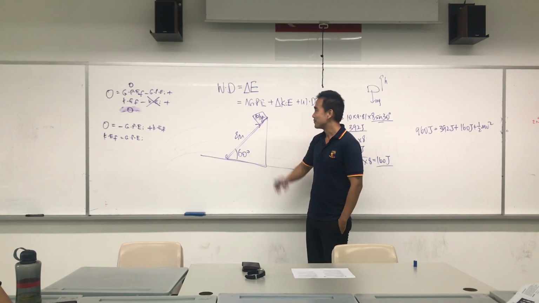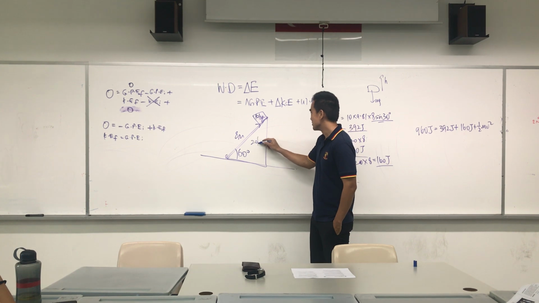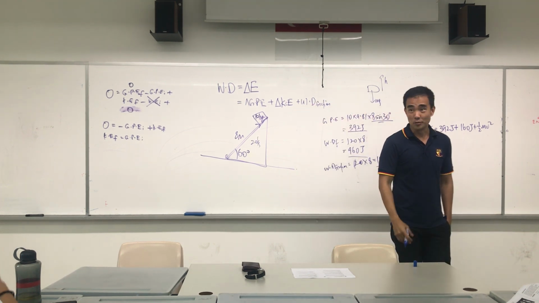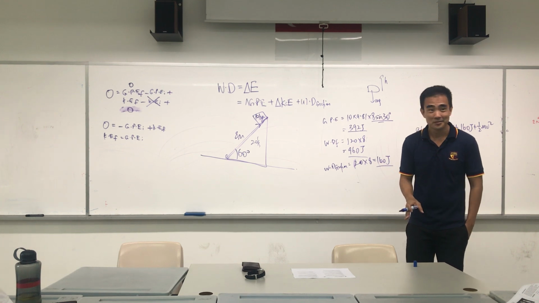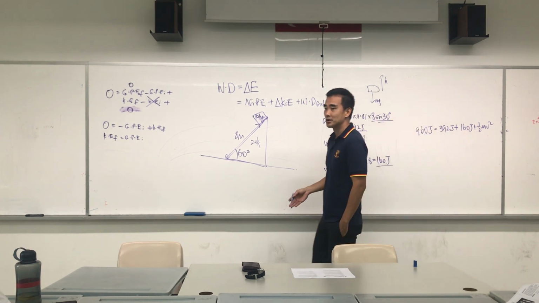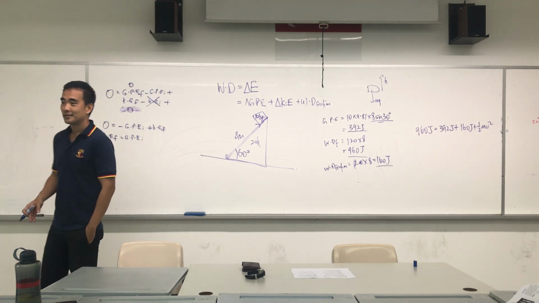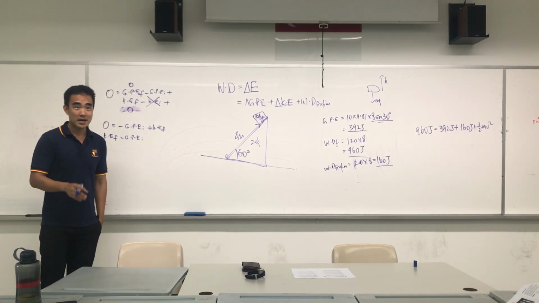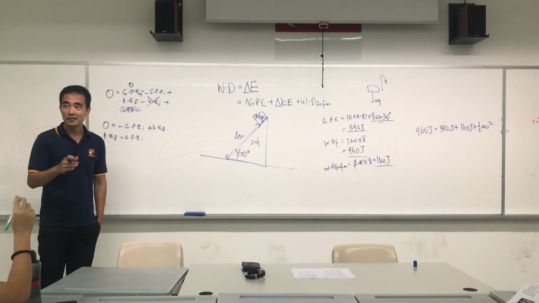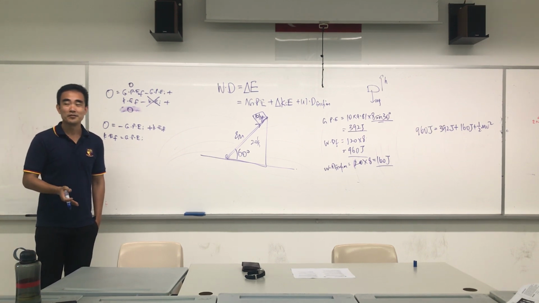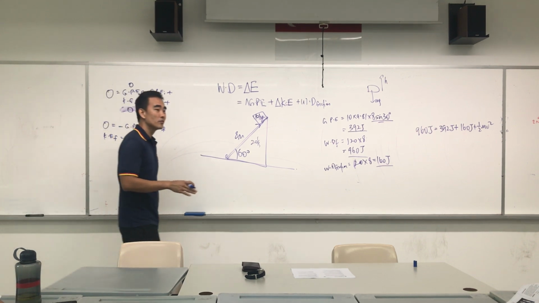When I release this, what will happen? Say if I give this 20 kgs. Things will move, right? So how will things move in the end? Exactly. The mass will move and the ram will also move as well. So the question for you is, how do you find the velocities of the ram